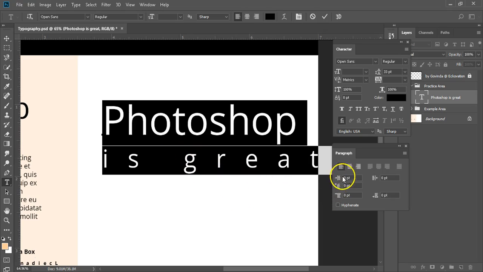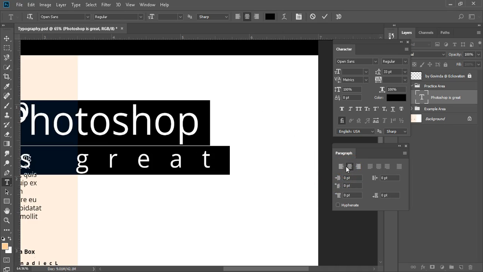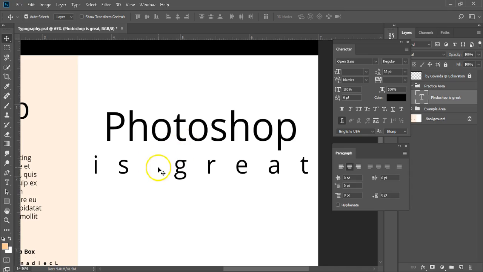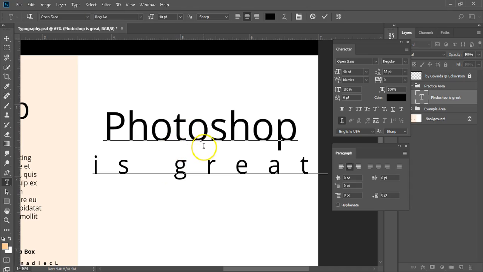You see there are some stacks of horizontal lines in the paragraph panel. These are alignments to be applied to the entire paragraph. Click on the second icon from the left and it will set the paragraph to middle alignment. The layer has moved. Use the move tool to put the type layer in a better position. The layer moved when we changed the alignment because the anchor point of the layer was set to a fixed point and the alignment took place according to that point. So it moved a little. Now these alignment options are also available in the control panel above.